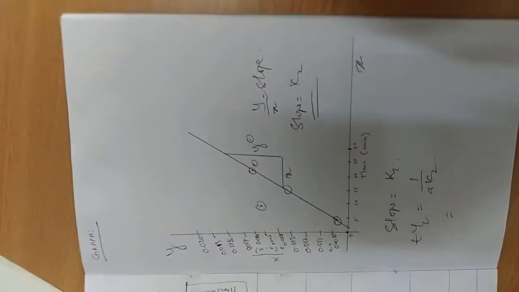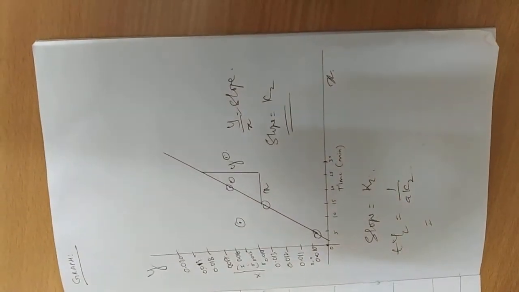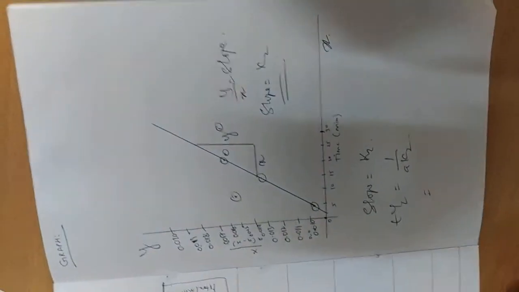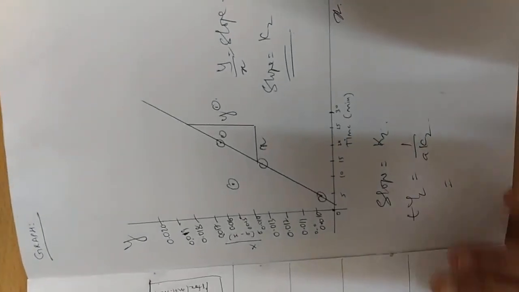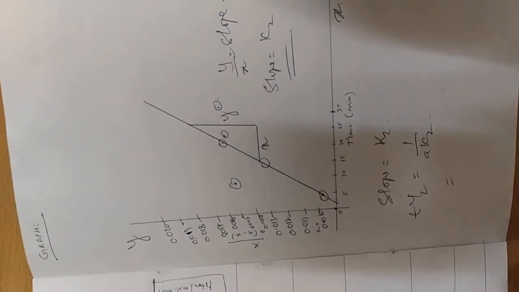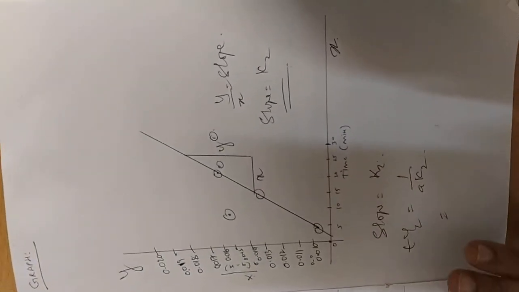Here it is an alkali hydrolysis, and in both cases you have to be quick in taking down the readings, and even a small decimal of ml plays an important role. The time has to be managed very quickly. The time has to be noted down exactly after 5 minutes, exactly after 10 minutes. The titrations are to be done.